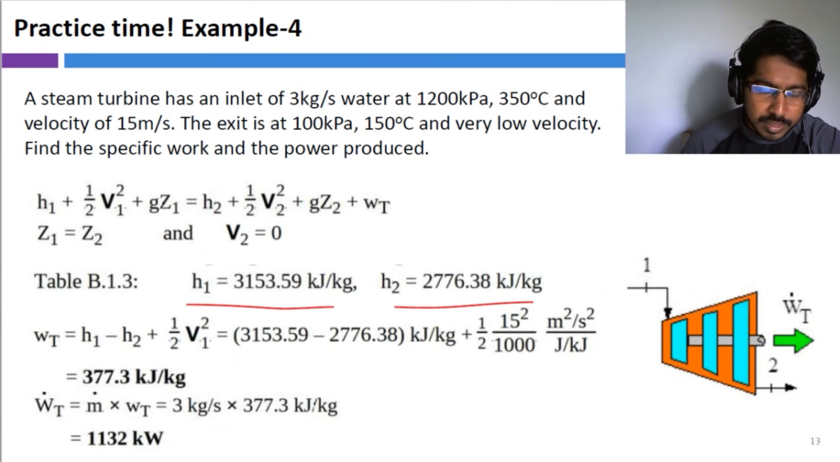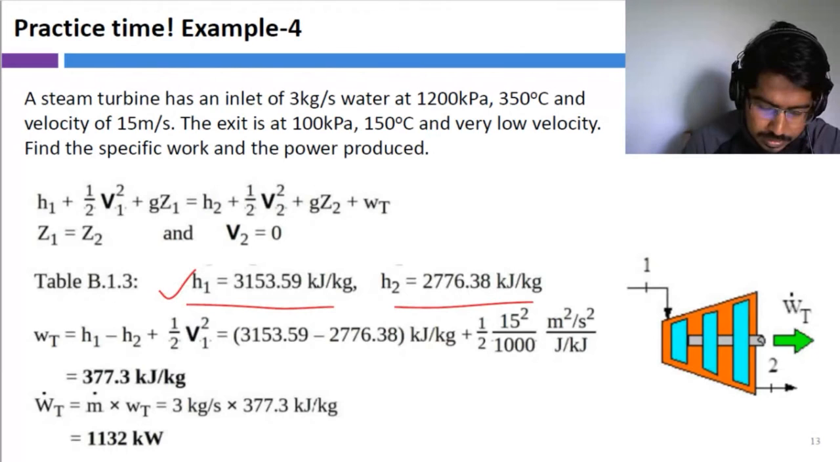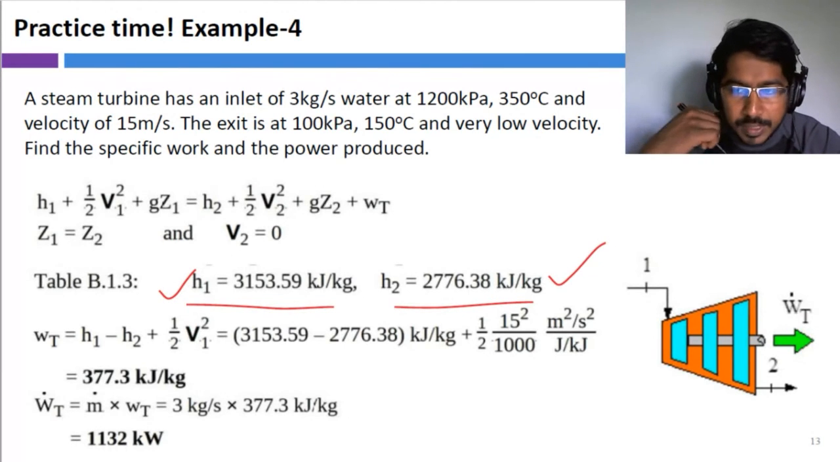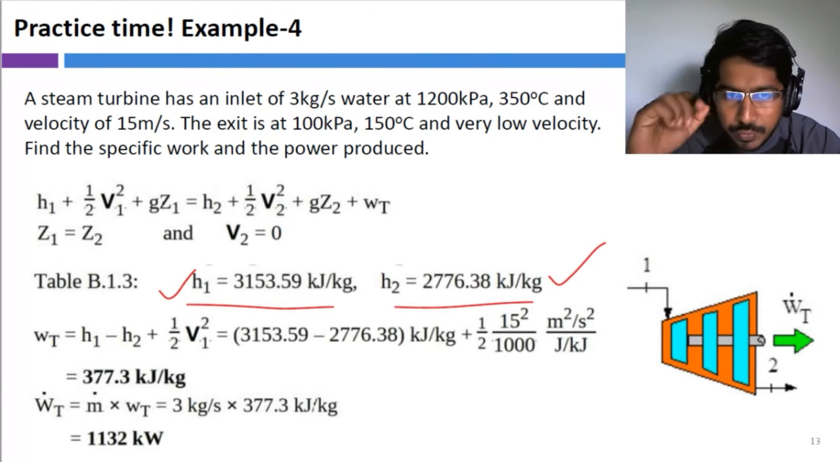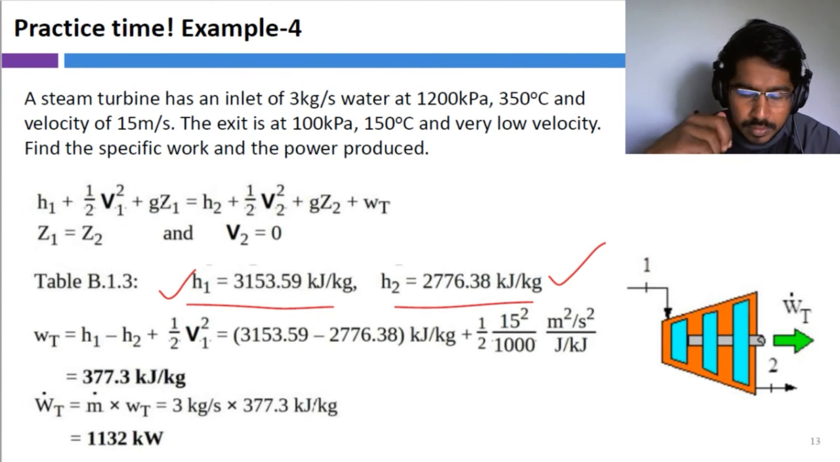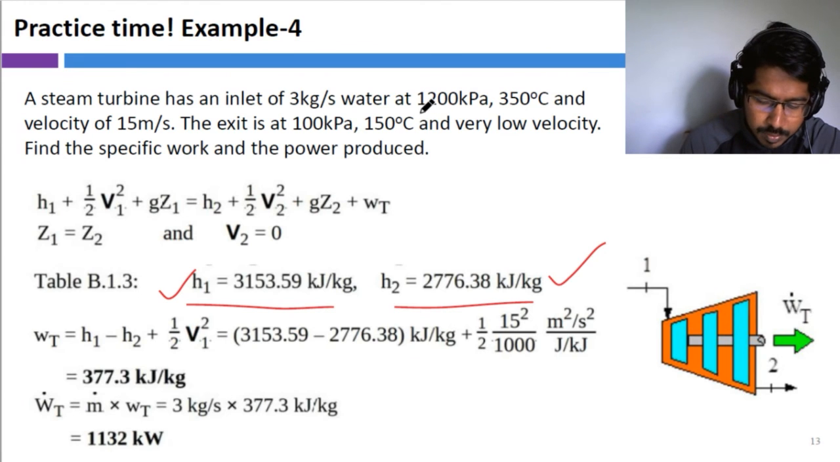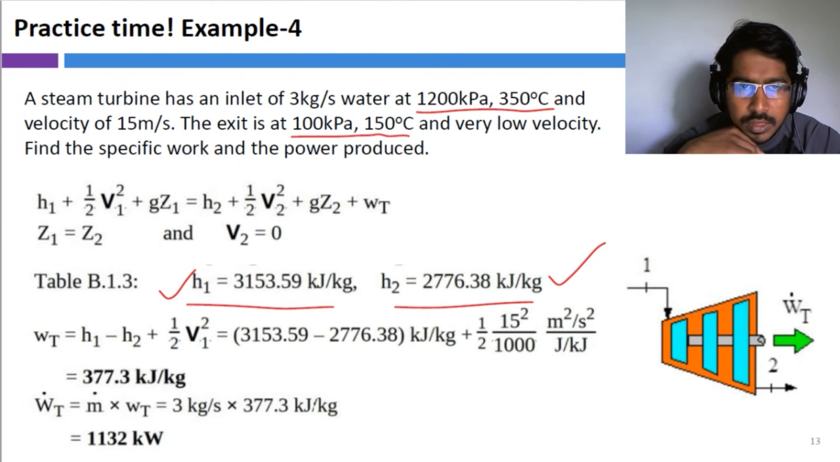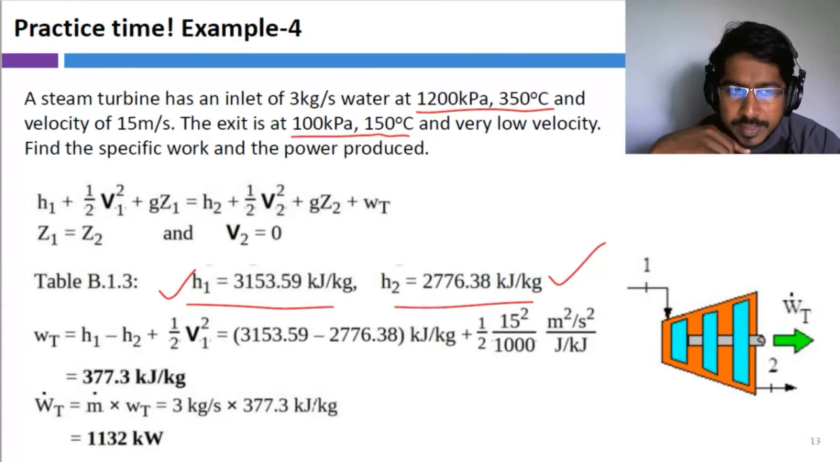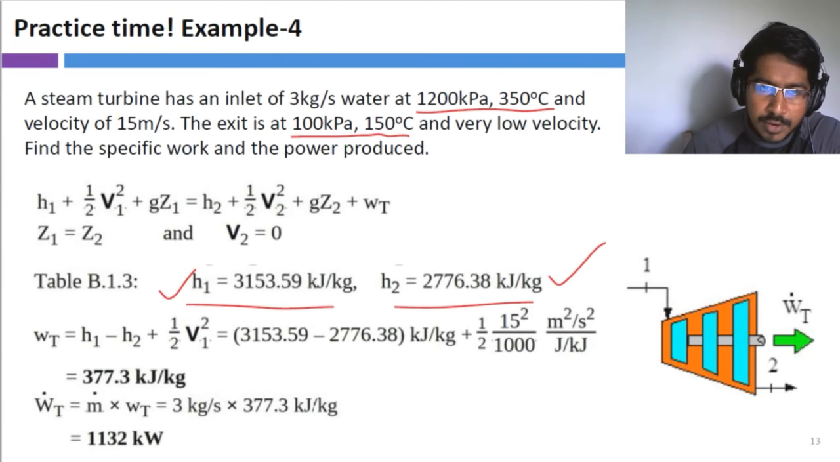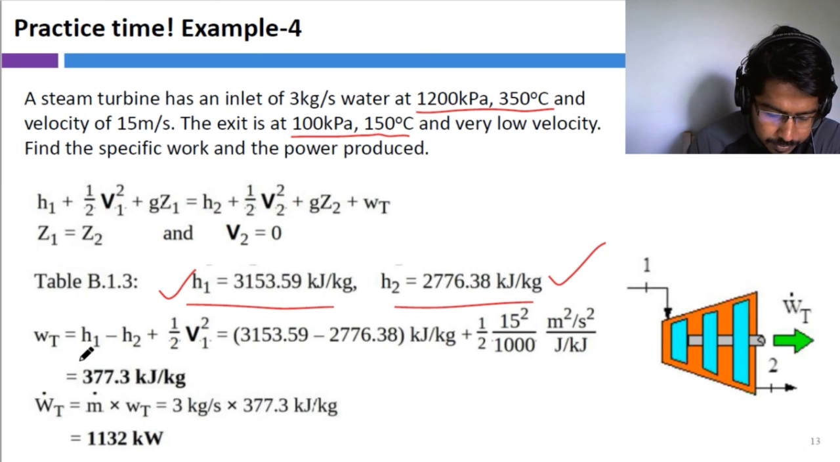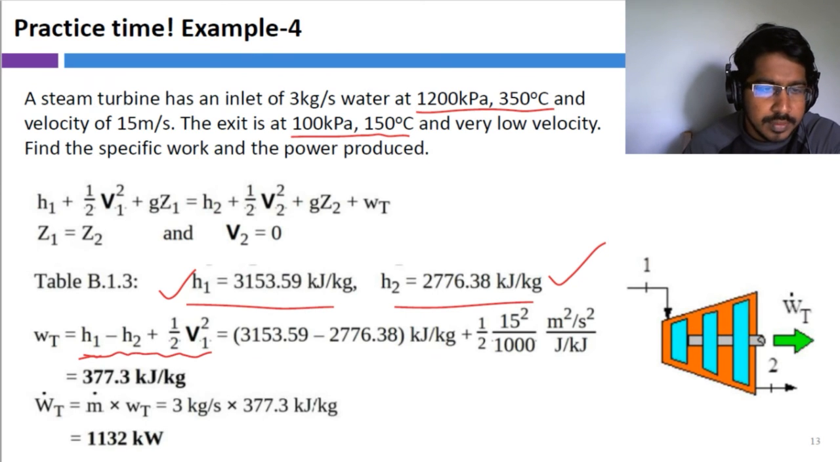And before substituting, please try and see whether you can find these properties from the property tables, and let me know once you find it, or if you have challenges in finding it. You can use inlet conditions: pressure and temperature are given, and outlet pressure and temperature are given, so you have enough parameters to find enthalpies. So after finding H1 and H2, we substitute the values here to find the work done by